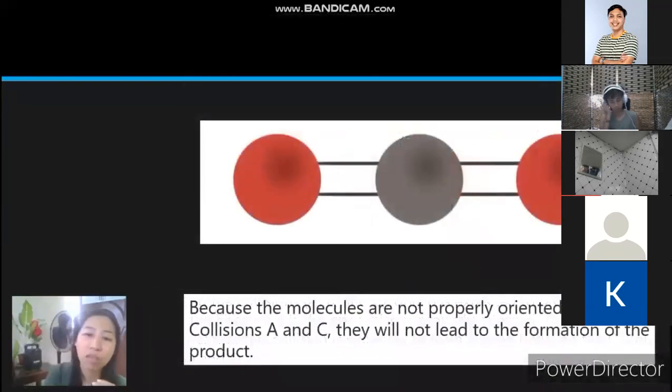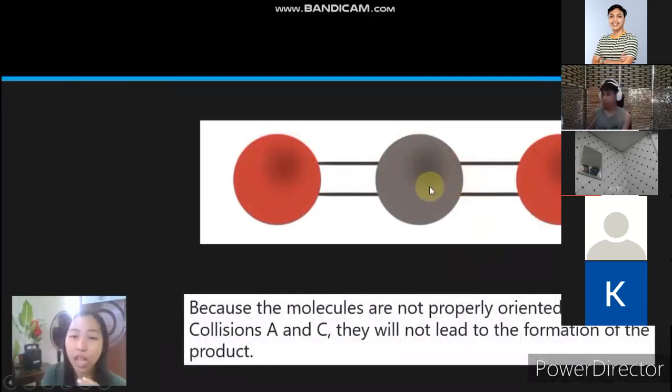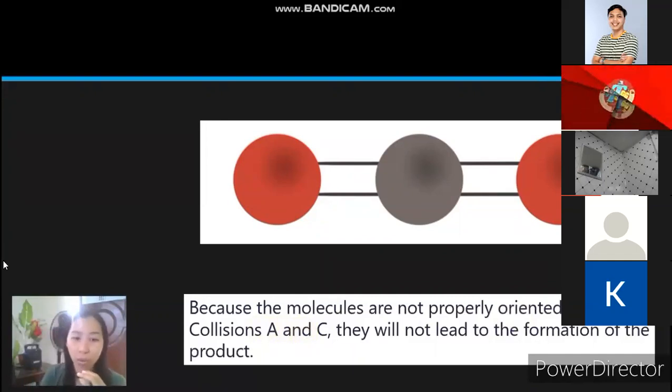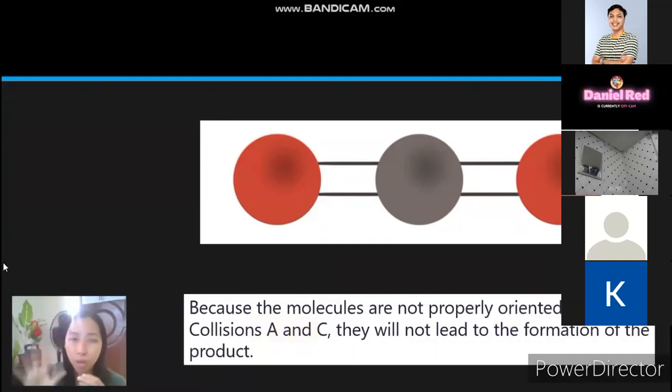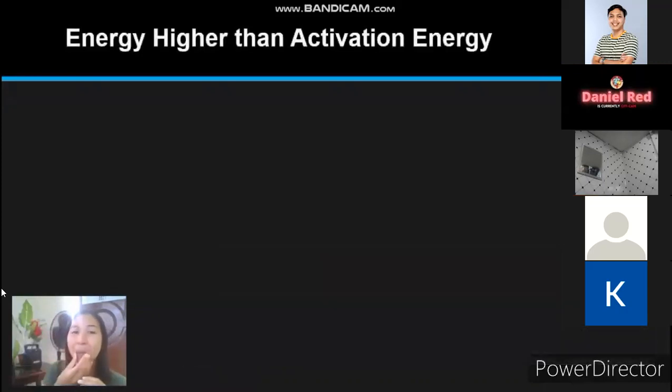So mao ni siya ang imong final na product. This is your CO2 or carbon dioxide molecule. Because the molecules are not properly oriented in collisions A and C, they will not lead to the formation of the product, which is CO2. Okay, mao na siya ang pasabot sa proper orientation. Now, let's proceed also with the